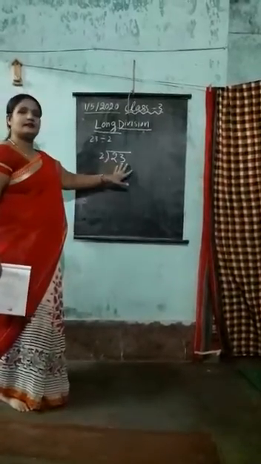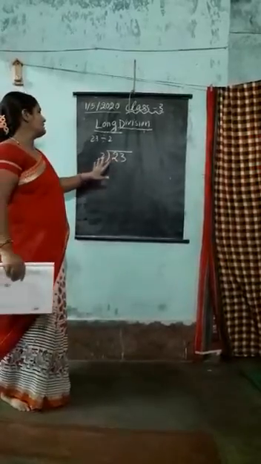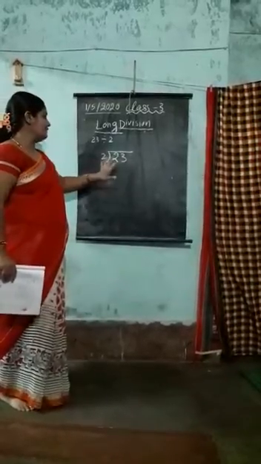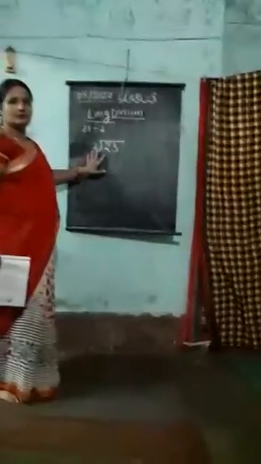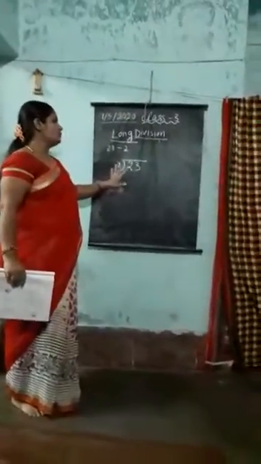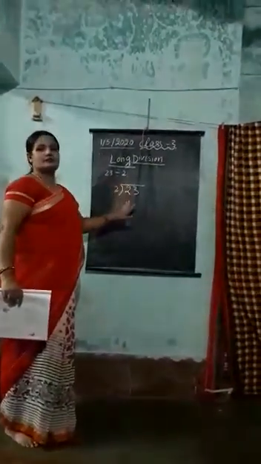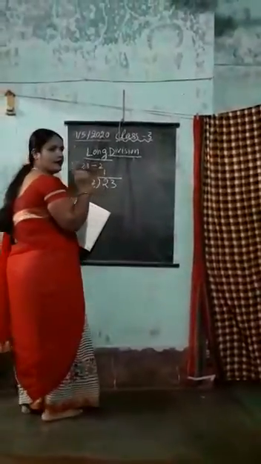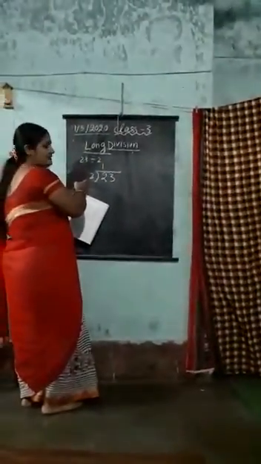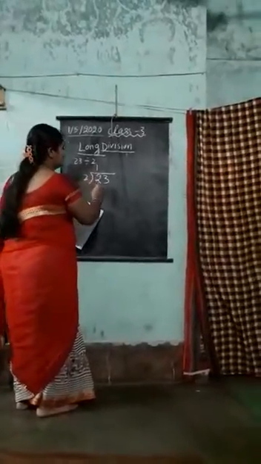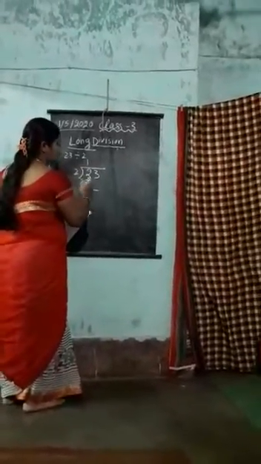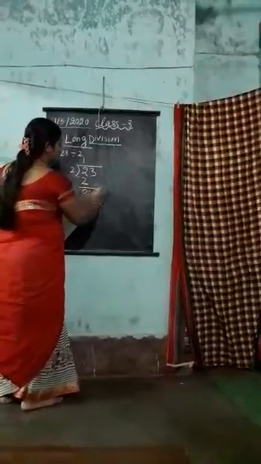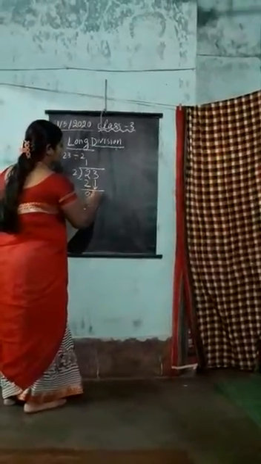So here is the dividend, I told you before, and this is the divisor. With this dividend we have to divide with the divisor, that is 2. So we know that in the 2 table, 2 is there, or 2 multiplied by 1 is equal to 2. One single number I have to take because this is a single digit. So 2 1s are 2. 2 minus 2 we have to do, that is 0. Now which number will come down? This 3 will come down.